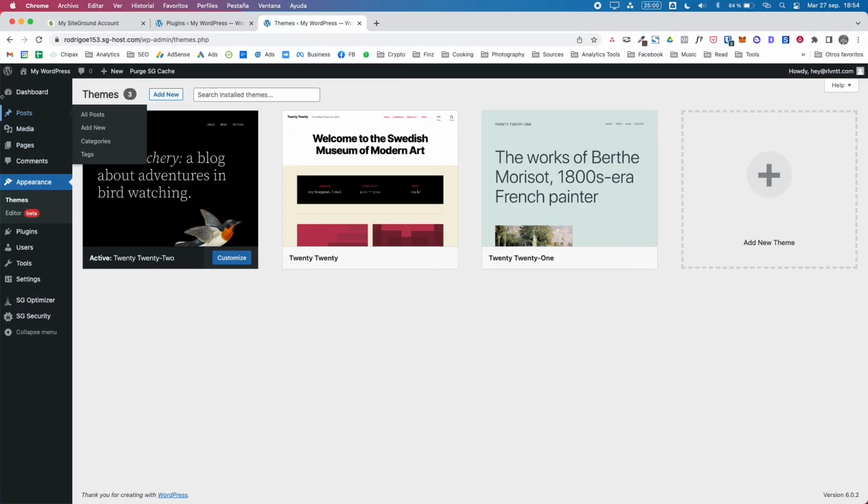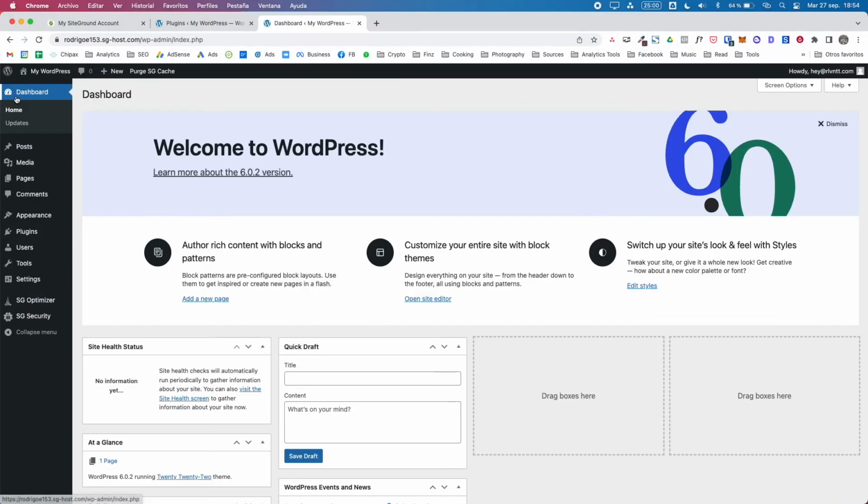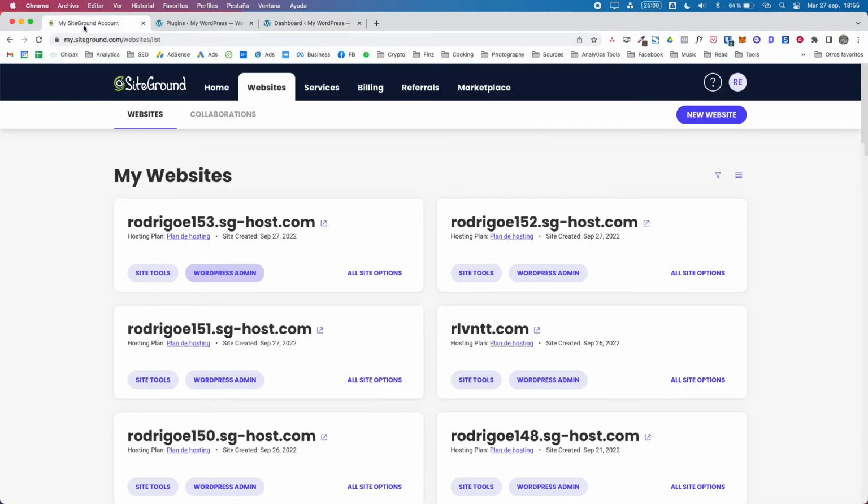So let's think that you have your site ready, you modify the style or change the theme, you have added some pages, some posts, and you want to publish the site on a domain that you just bought. So what do I do to change this temporary domain to the official one? Go back to the Siteground account,